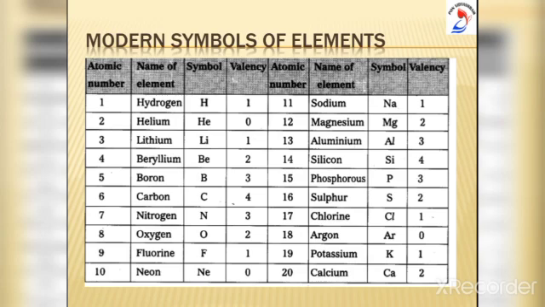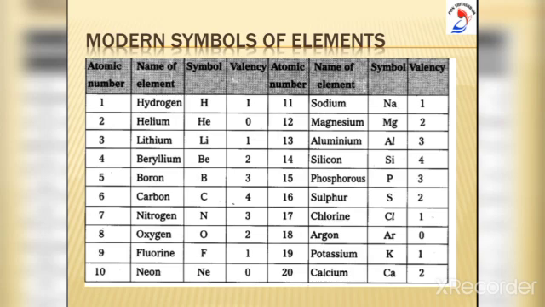There are, however, some elements whose names begin with the same letter. For example, the names of the elements carbon, calcium, chlorine and copper all begin with the same letter C. In such cases, one of the elements is given a one letter symbol, but all other elements are given two letter symbols. The two letters are the first letter and another letter of the English name or Latin name of the element. Here we have to note that this other letter may or may not be the second letter of the name.